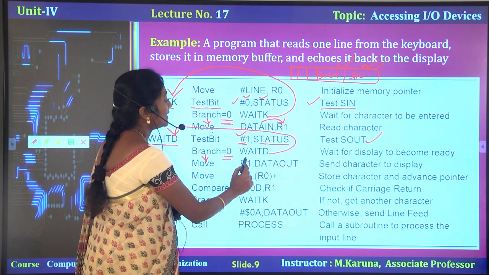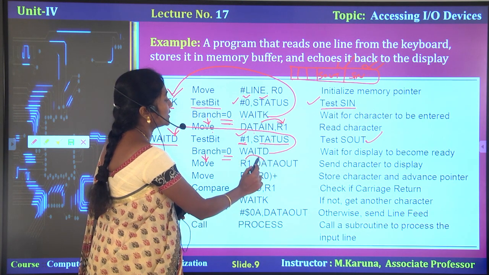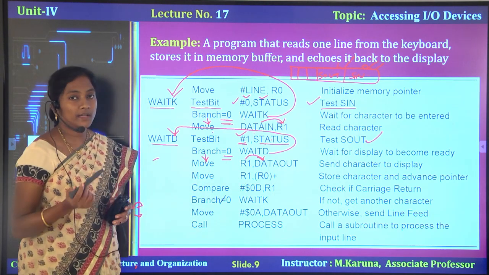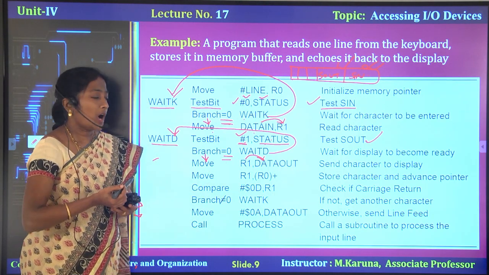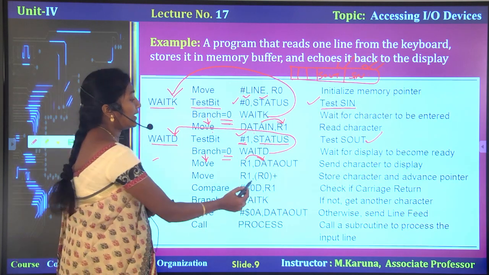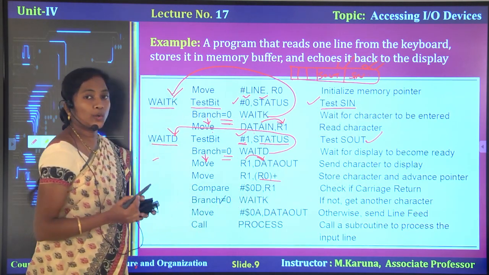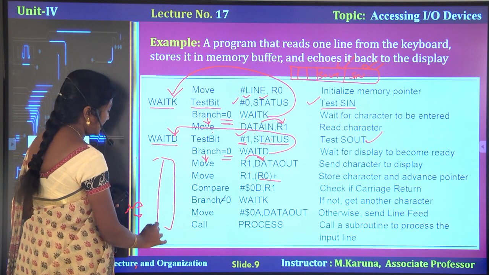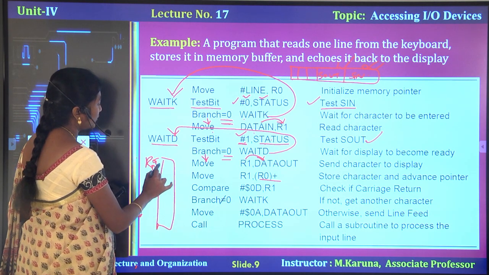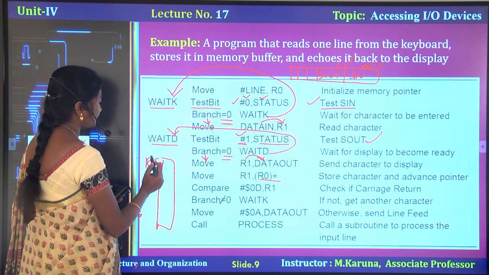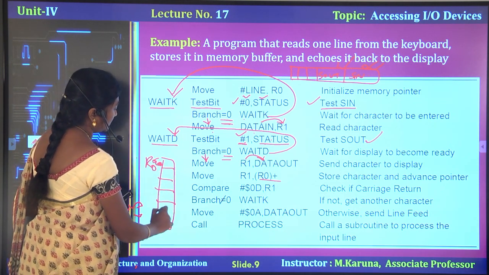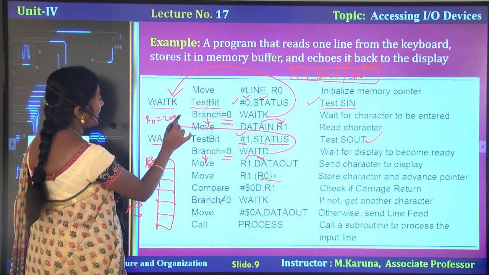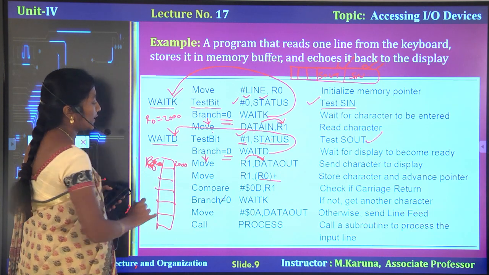Transfer the data the processor contains. The processor register contains the data, and that will be sent to the data out register. Likewise, read and write operations are performed. Here R0 is specified in auto increment mode. First, a character is read. For example, this is R0, having the 2000 address. R0 is having the 2000 address. This is the 2000 location.